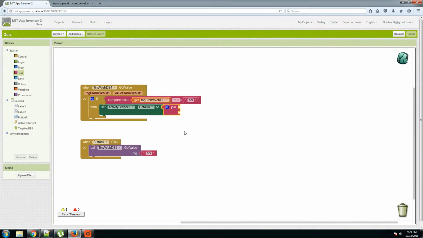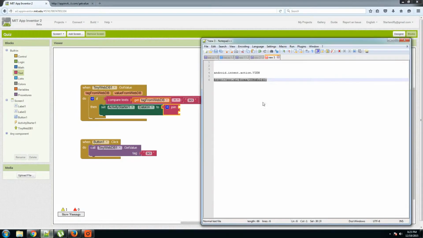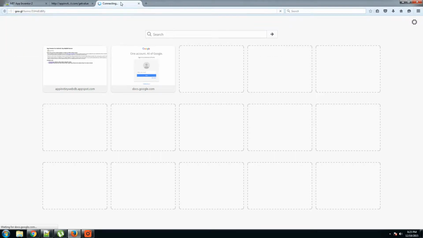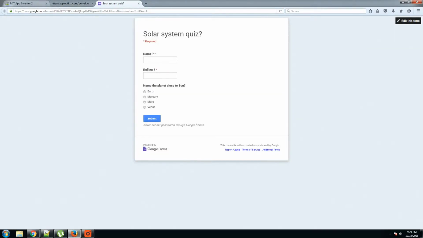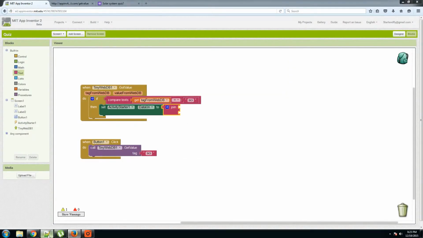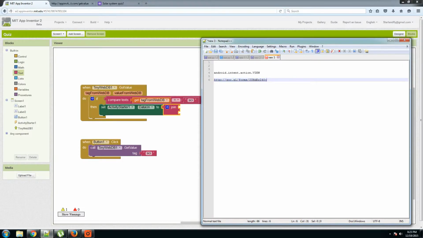One we extract from the TinyWebDB, and the other is the first part of the URL. You can see here that this is the URL which is used to open our quiz. Okay, so you can see that there are two parts.